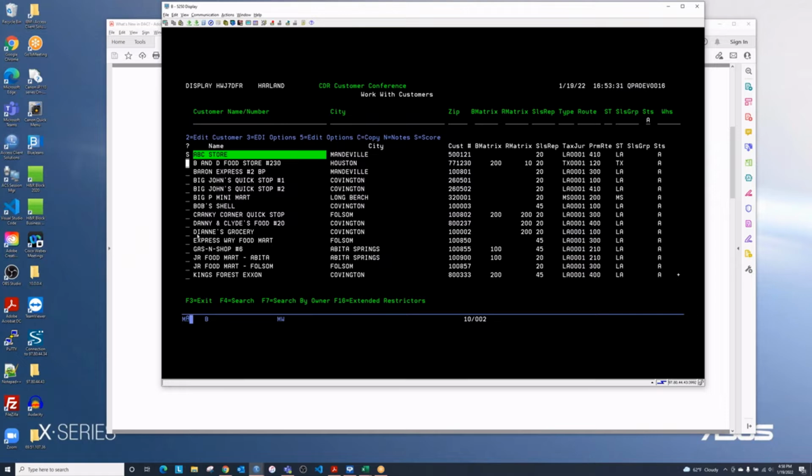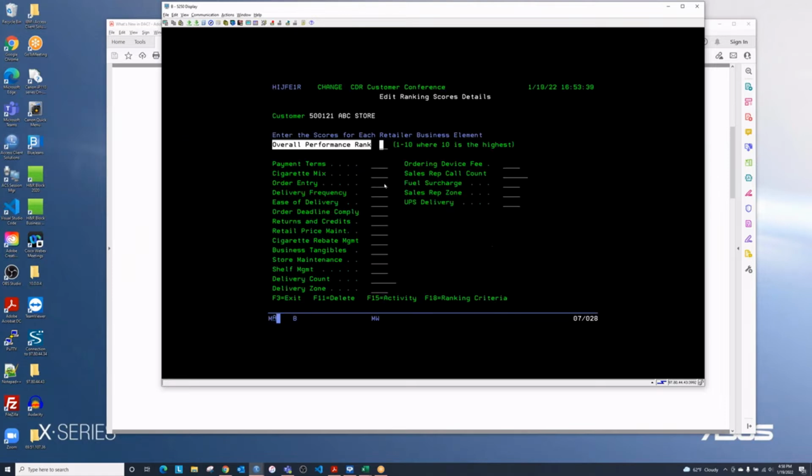You can do an S beside any customer. You get to the same spot. S to look at scoring. So the ranking is another type of scoring that we have added in the past year, and we've made some improvements to it. So if I press F18,